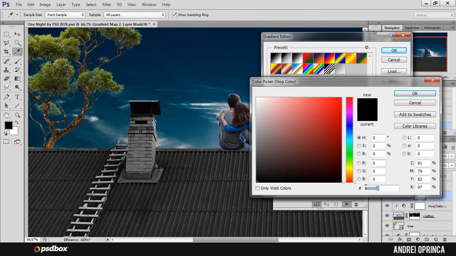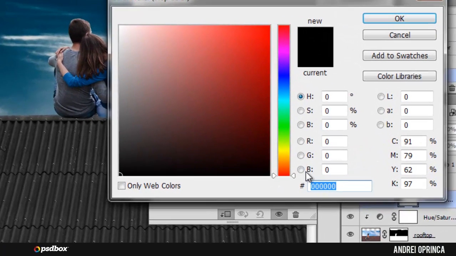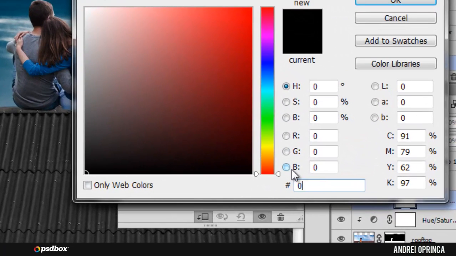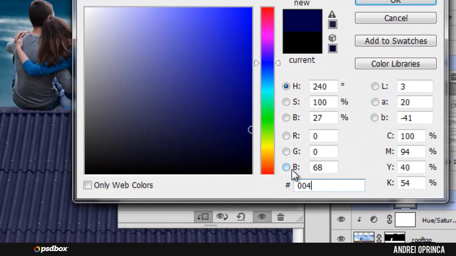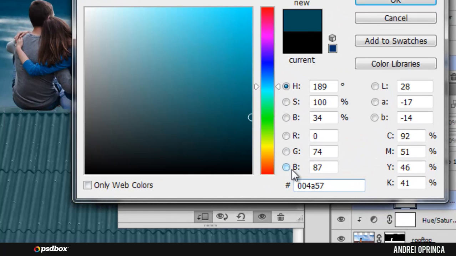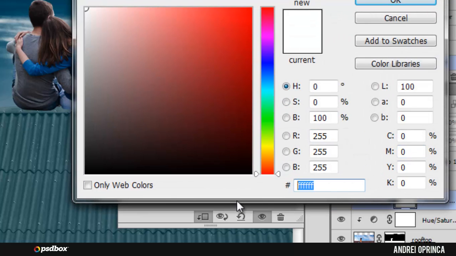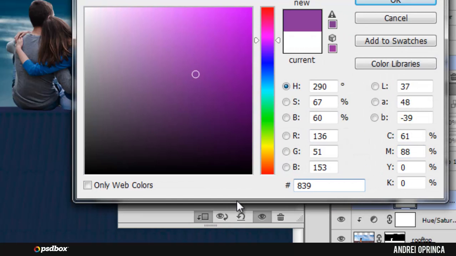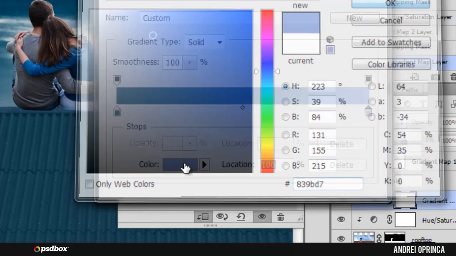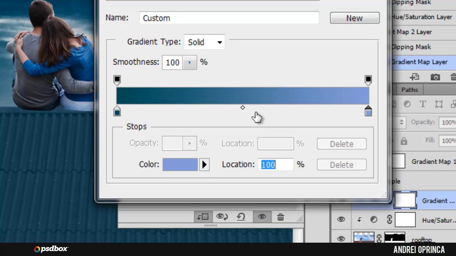So for the shadows this is the code that I will type here. This is for the shadows, and for the highlights, this is the gradient that I'm using. You can see that I'm using a darker tone for the shadows. Click OK,